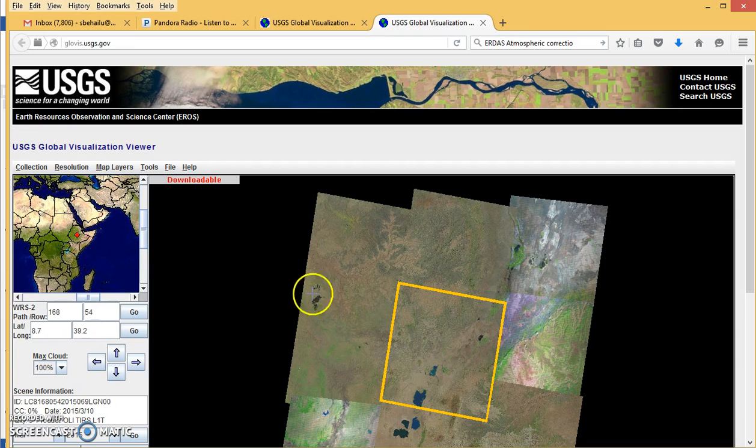So this is just by interacting with the graphic user interface. By choosing that, you can have this information. This is path 168 and row 54, or in latitude and longitude, this is where the map is. Addis Ababa is somewhere around here. So once you have this image, you can